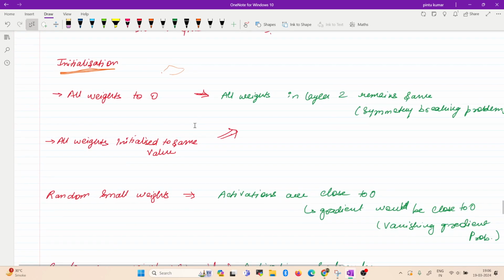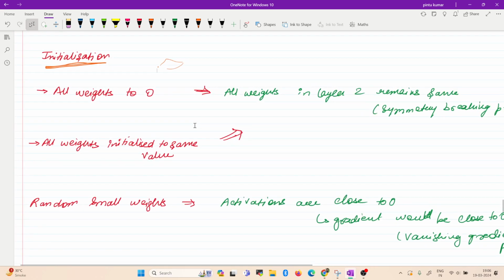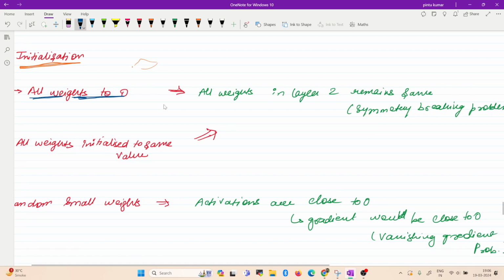Okay. So there are a few possible options for initialization. We'll see if we initialize in that way, what possible issues we can encounter, and whether there are some methods of initialization that have some advantages. So we'll look into it. The first option is that you initialize all your weights and biases to 0. Now, if I say weights, you implicitly assume that I'm also talking about biases. So if we initialize all our weights to 0,